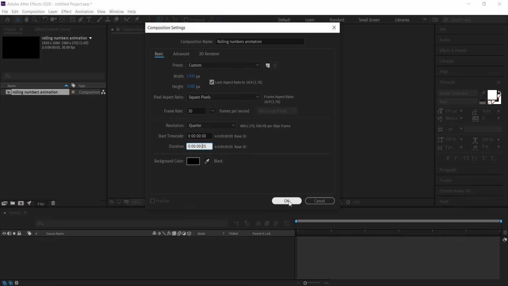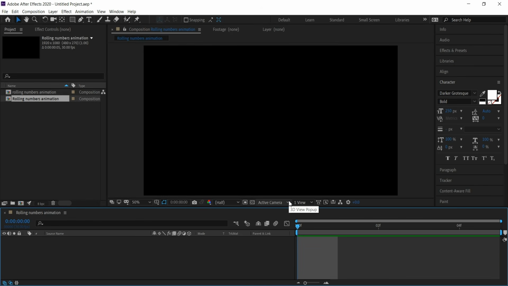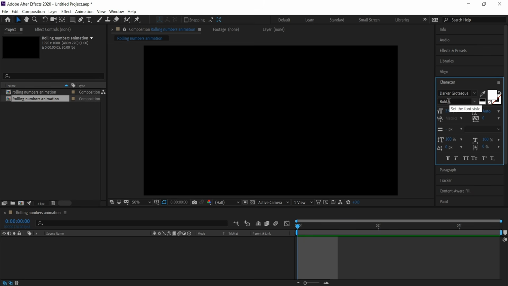This ensures consistency when we apply animations. Now create a new text layer, and I'm using the font Darker Grotesque, which you can download from the Google font library. Set the font size to 250